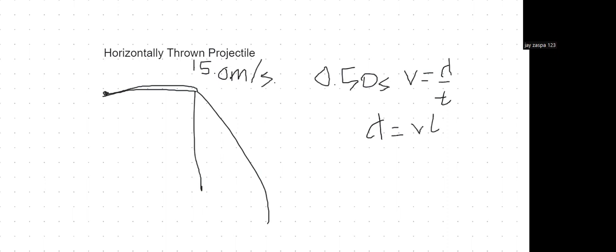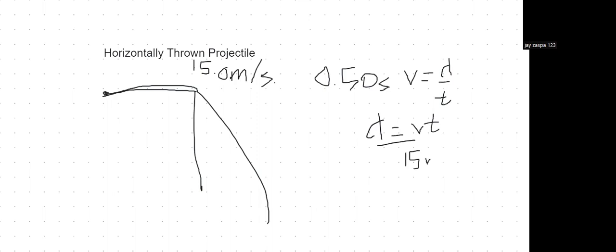And there is a formula for horizontal velocity. Since we have 15 meters per second,